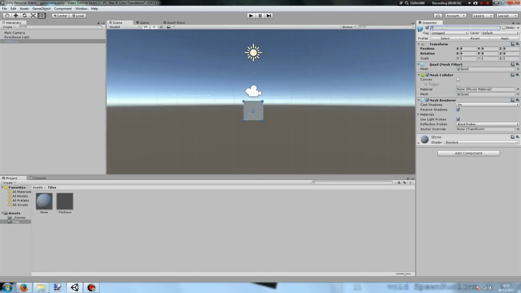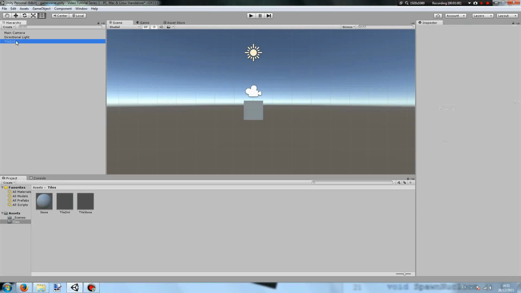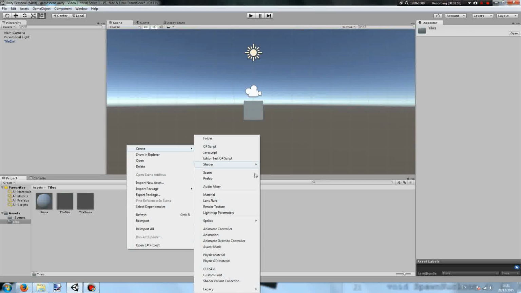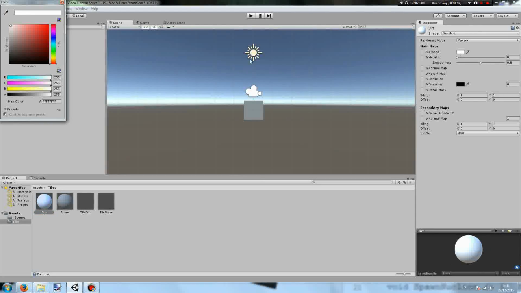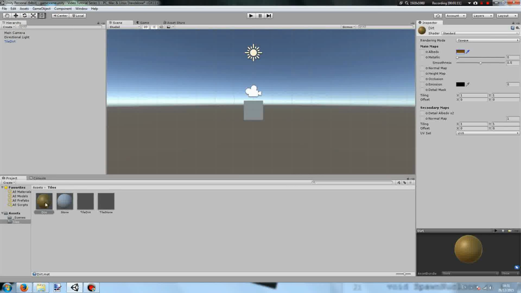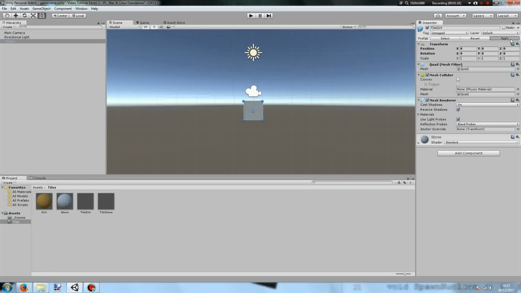We're going to rename this tile dirt, and drag it in as another prefab. Create a new material, dirt, make it brown, and apply it. Firstly, set its smoothness all the way down, apply it to tile dirt,